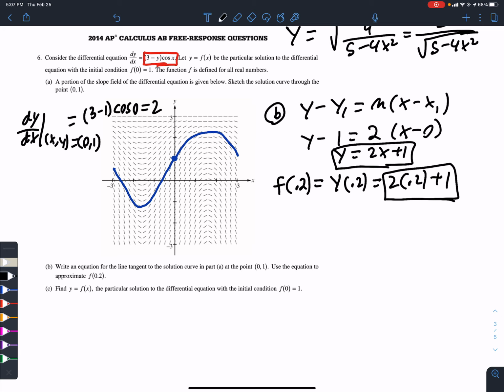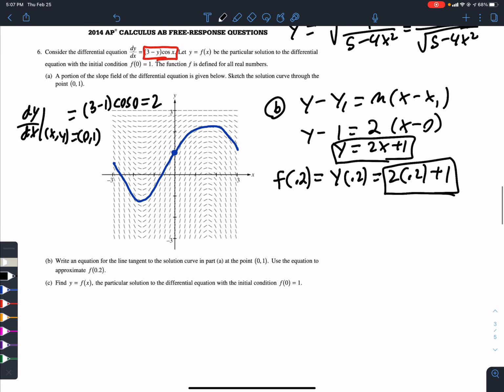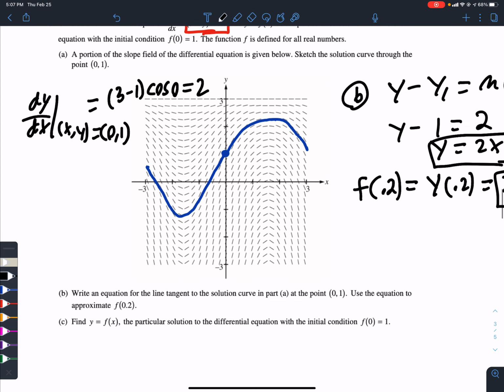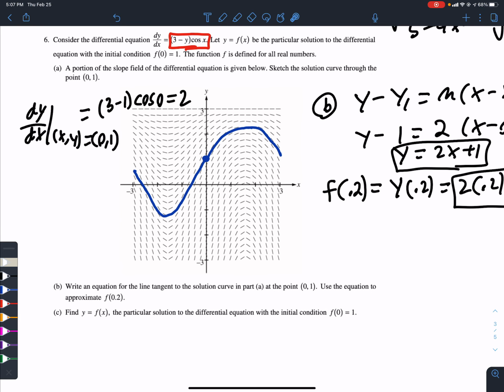All right. So here is our craziness. Here's where you want to really focus. A lot of stuff's going on, a lot of work here that's happening. So part C, find the particular solution going through 0, 1. We want to solve for y. Now, we take our differential equation,